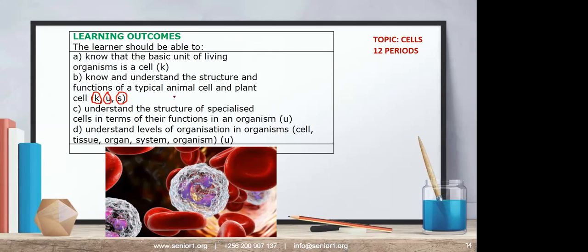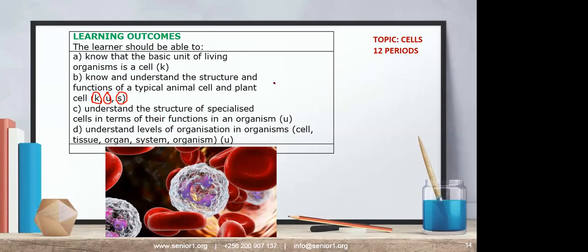And then there are some other types of cells that are specialized in your body. For example, the red blood cell is specialized to transport oxygen in your body. The white blood cell is a specialist in protecting your body from harmful disease-causing germs. Or the skin cells, they're supposed to protect you from harmful damage from the outside world, okay? So there are so many, or even plants, they also have certain specialized cells, as we shall see.